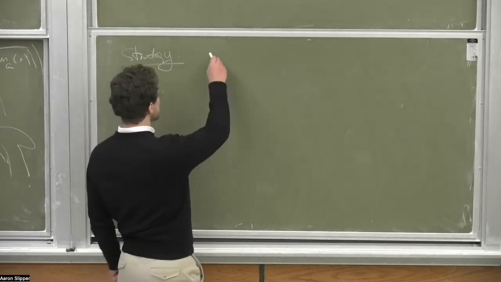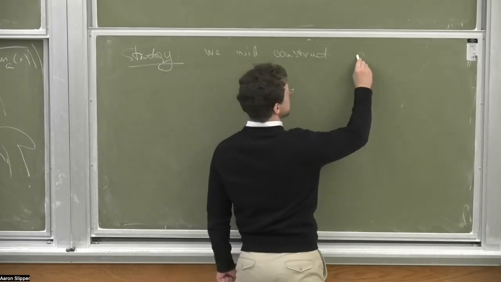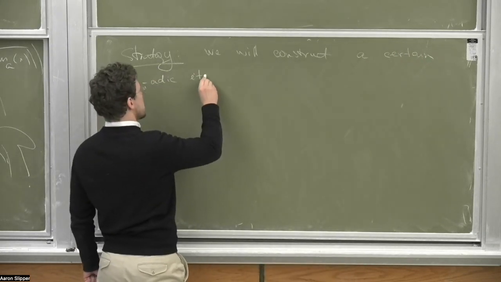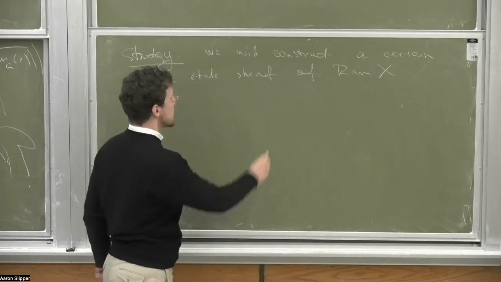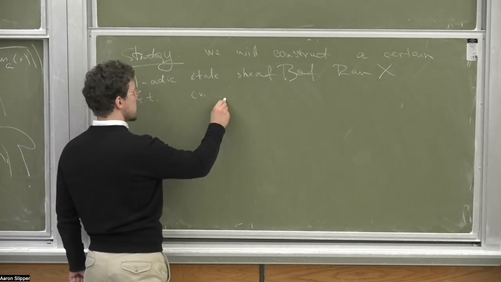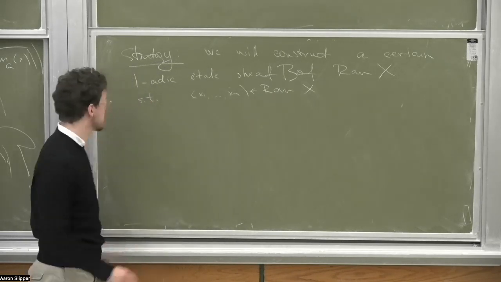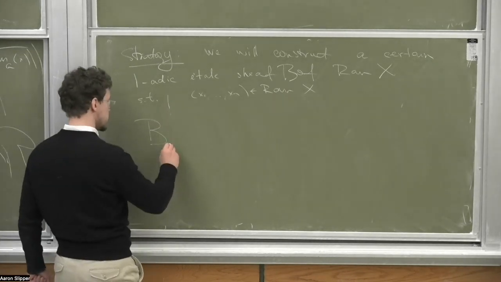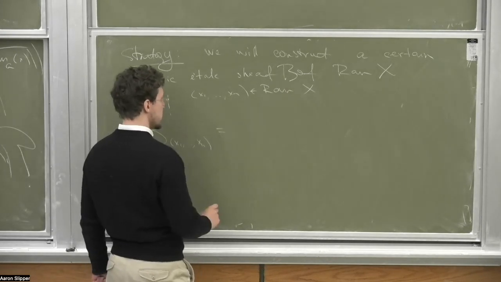The strategy will be like this: we are going to construct a certain direct sheaf on the Ran space of X. The sheaf will be such that if I have a point inside the Ran space, a collection of points like this, then the sheaf at a point of Ran, corresponding to finitely many points in the curve,